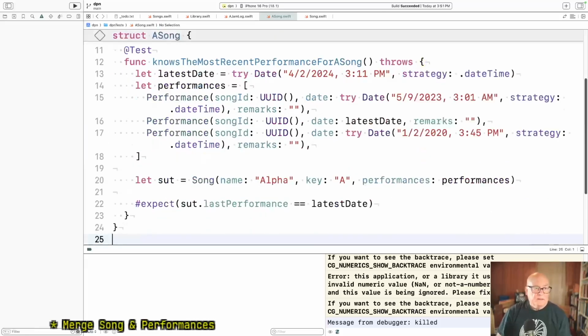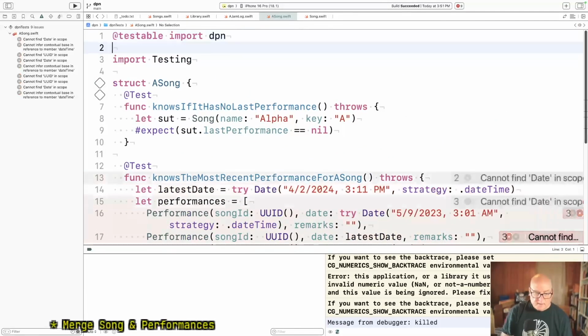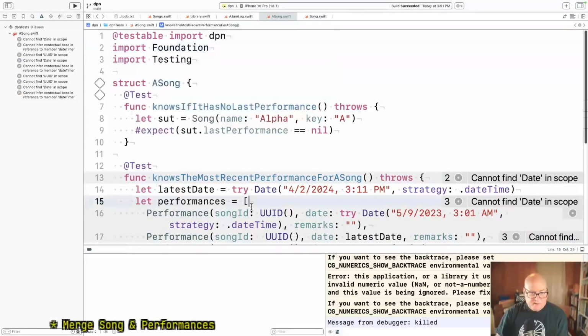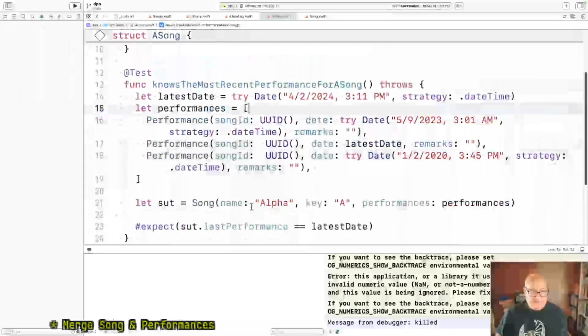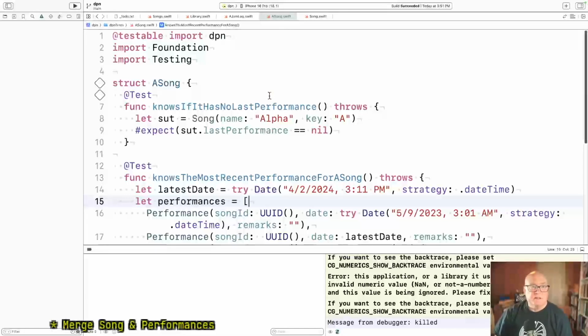Okay, and it makes sense to me that, because we added one last performance thing, that's the one that the two cases for that are the two that show up in song. Otherwise, it's just a data bag with a bunch of strings in it, and we aren't going to test that strings hold their strings. Okay, but now this.